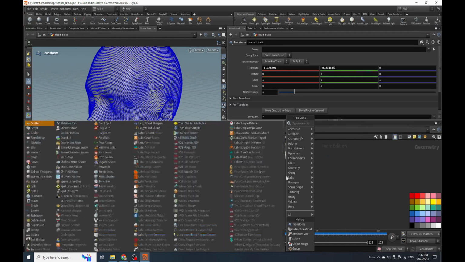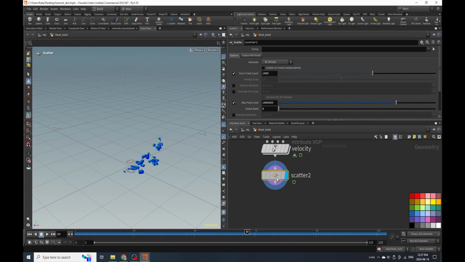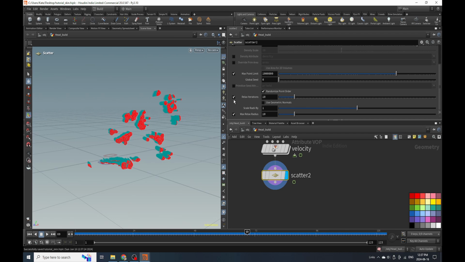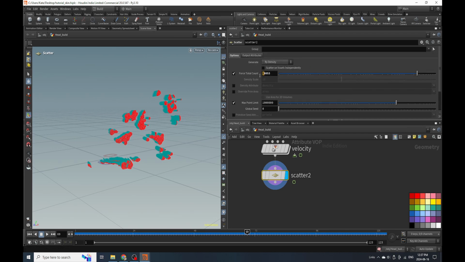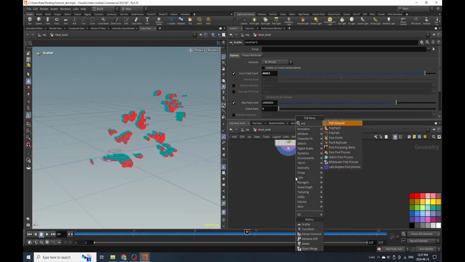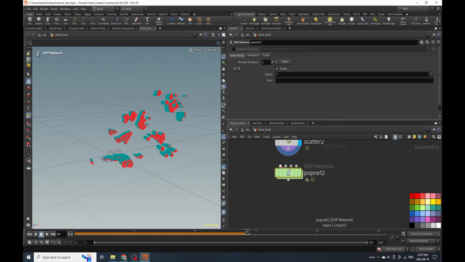and we're going to drop down a scatter right after this. And we're going to scale this down and give that a super high number, and then we're going to use a pop network. Place this down here,